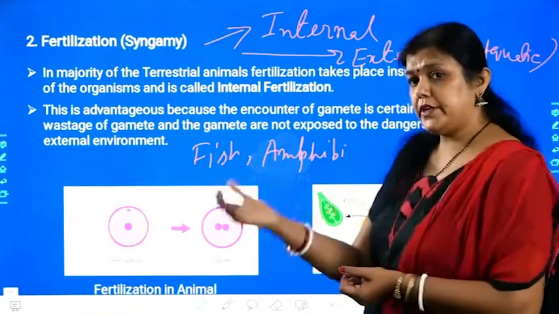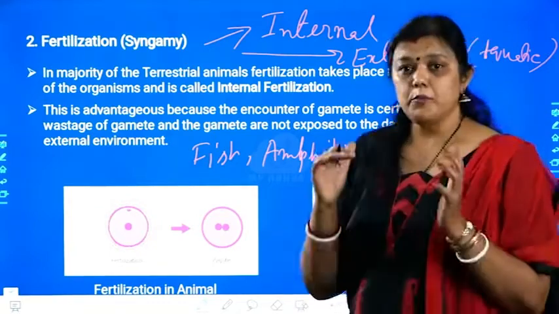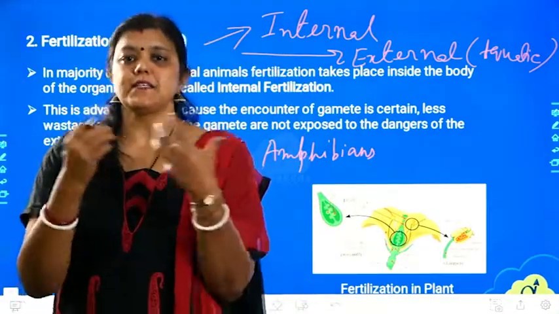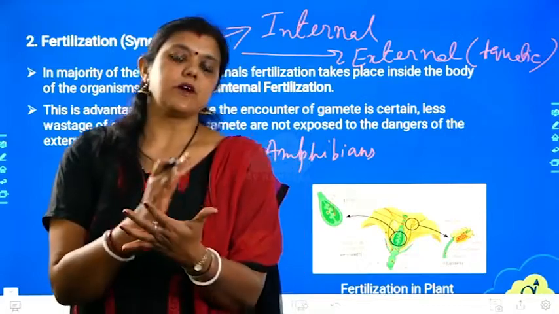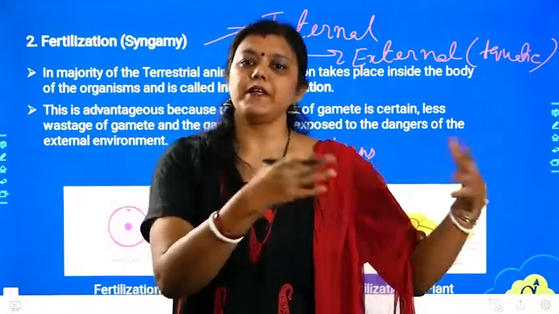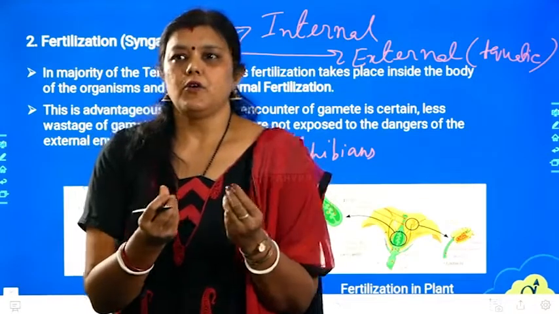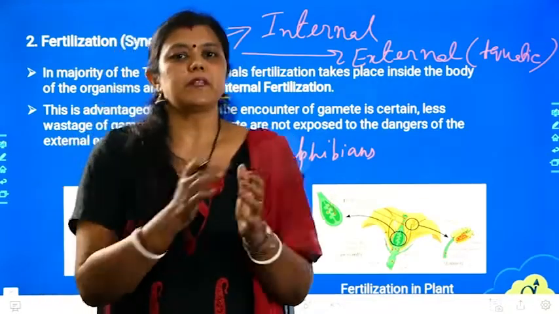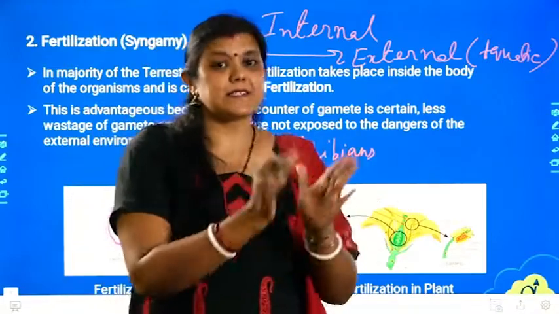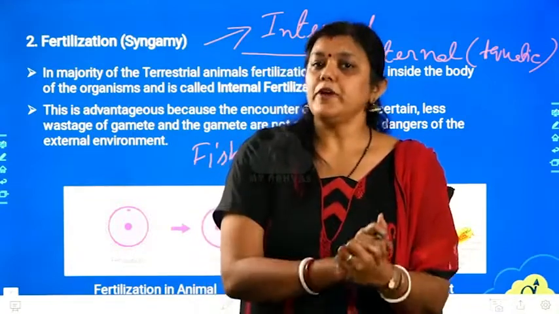How do they reproduce by external fertilization? See what happens, both male and female gametes are released in a common medium, that is in the water. Basically, aquatic organisms are following this. So they release the male gamete as well as the female gamete on the water surface, or in an environment where there will be a wet environment. It may not always be water, but there may be some wet environment. There they will be releasing almost at the same time, so that outside the body of the organism, there will be a fusion.